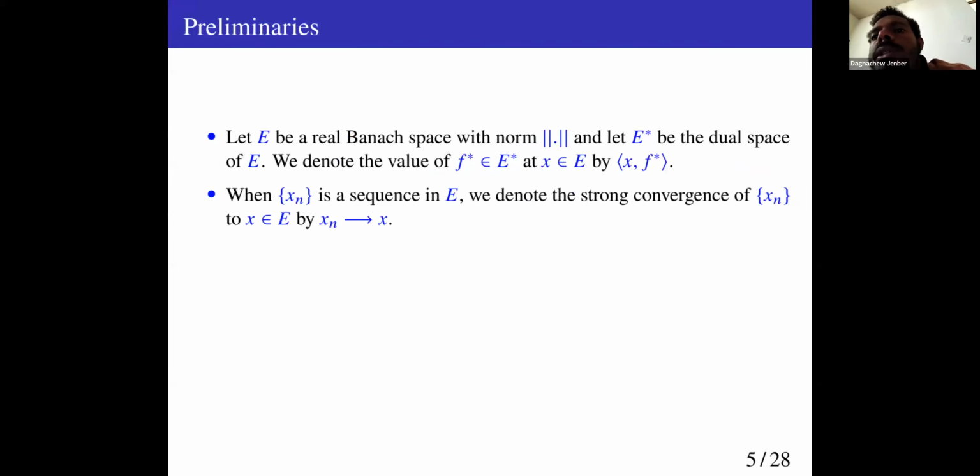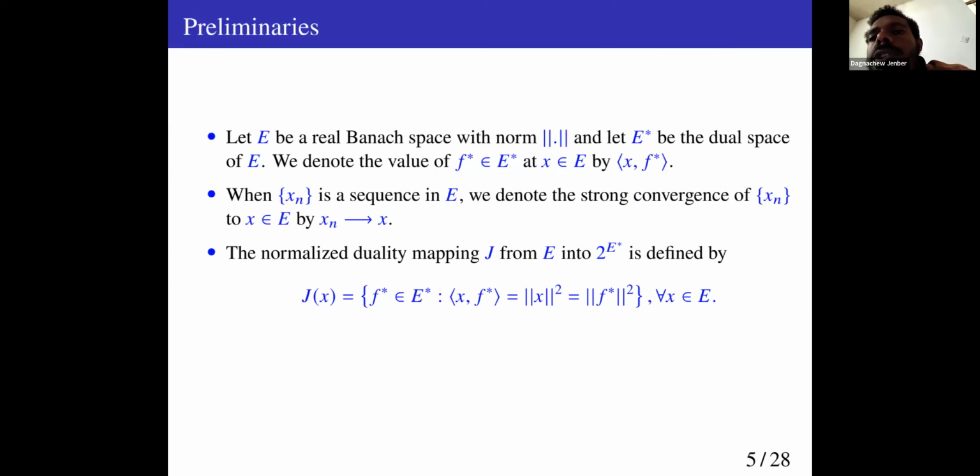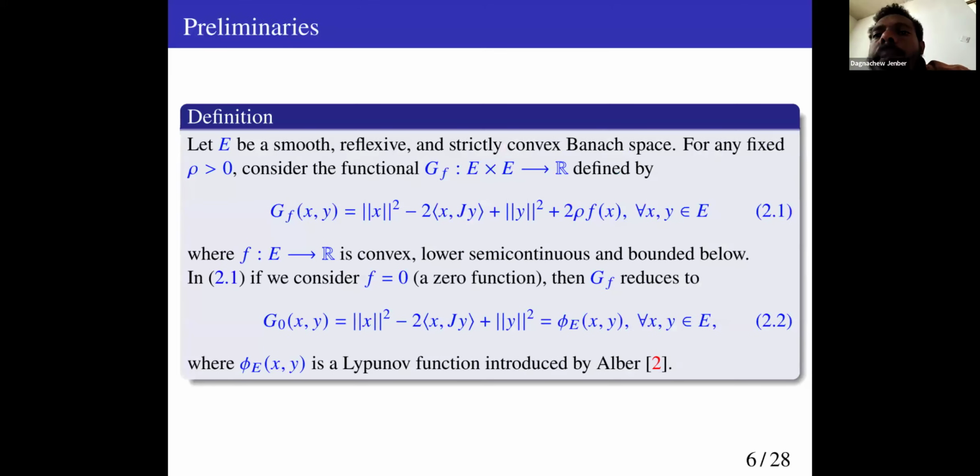And this one is the strong convergence of the sequence Xn to X in E. And also, this is the definition of the normalized duality mapping J from E to E star, and it is defined like this. And this is the definition of the functional GF defined from E cross E to the set of real numbers, and it is defined by 2.1 and